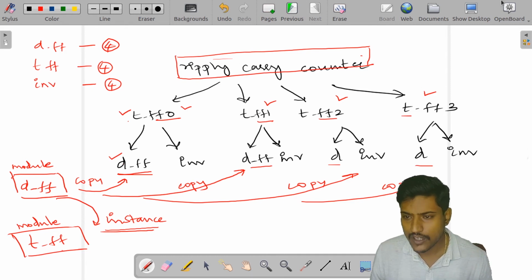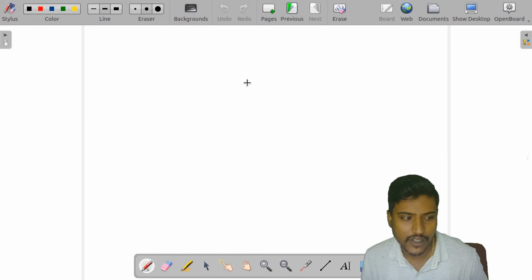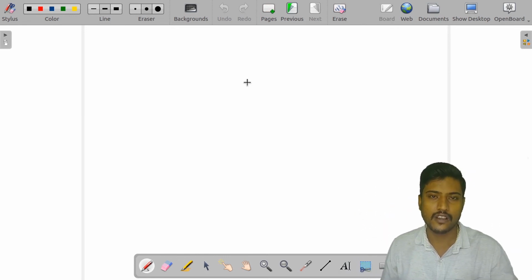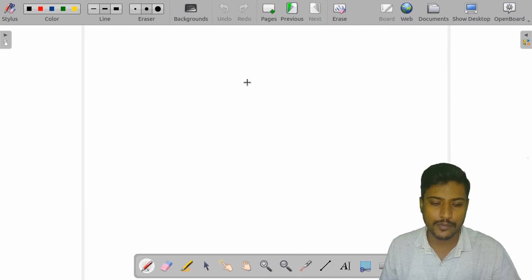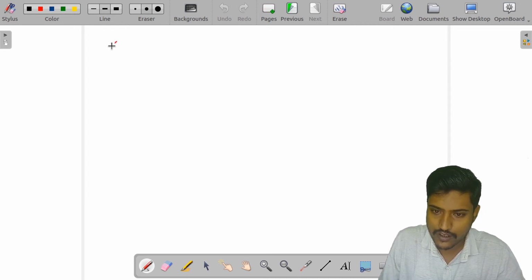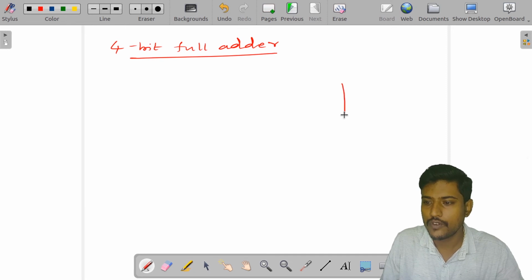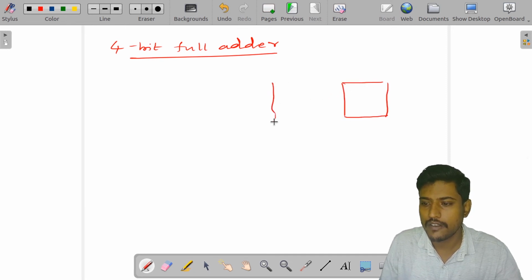Okay. So, let me take another example. Let us try to understand the 4-bit full adder, which you might have studied. So, how actually does a 4-bit full adder work? A 4-bit full adder will be having 4 different inputs, and I will be having 4 different